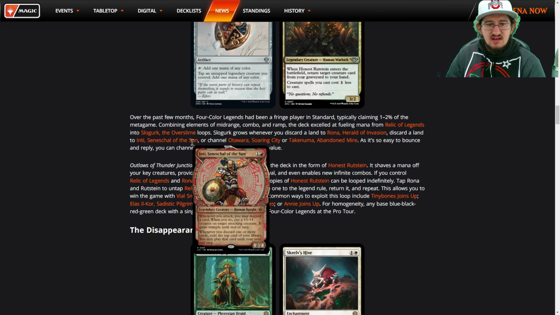This allows you to win the game with Vile Smasher, Gleeful Grenadier, which, when another ally's battlefield you control, deals 1 damage to a target opponent. Less common ways to exploit this loop are Tiny Bones joins up, Illis Ikor, which does not come up, or Sadistic Pilgrim, Elisnor, Mother Machines, or Annie joins up. For homogeneity,